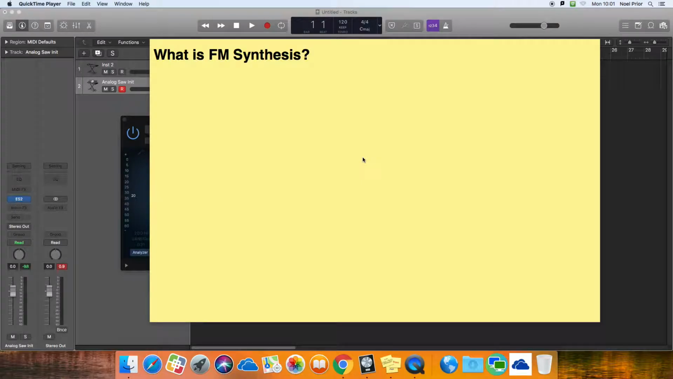We're going to have a look today at how to create FM synthesis and find out really what FM synthesis is, and it's something I would like you to incorporate into your composition projects this year. So FM synthesis stands for frequency modulation synthesis,